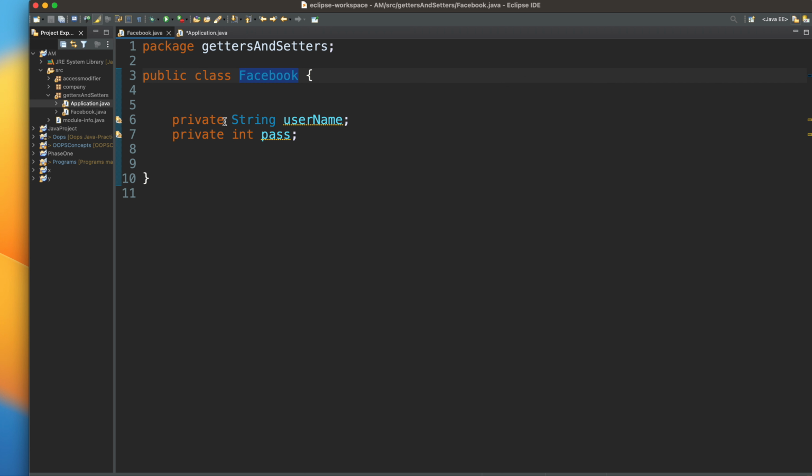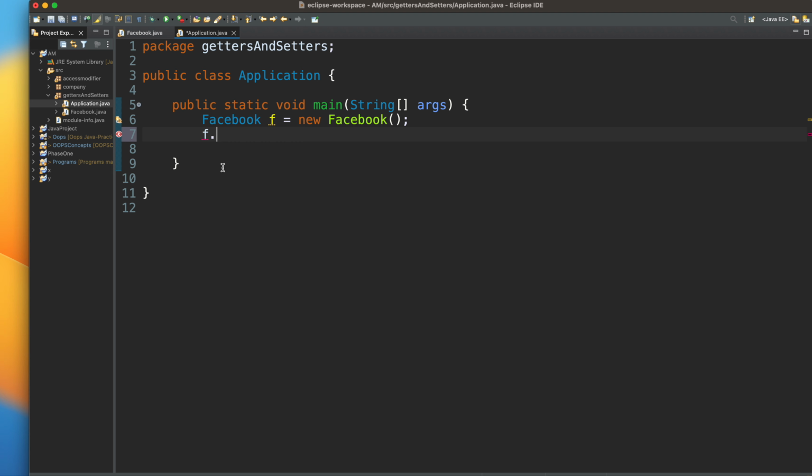Now f dot, look, I'm not able to see any of the variables mentioned over here. If you want to see the variable, you will have to make it either public, default, or protected. So now what to do? Just delete this and try to call once again. Look, we are able to call f dot username, right? But